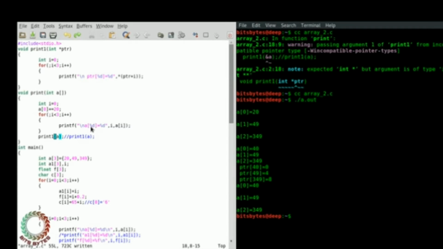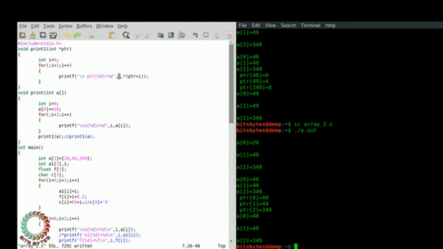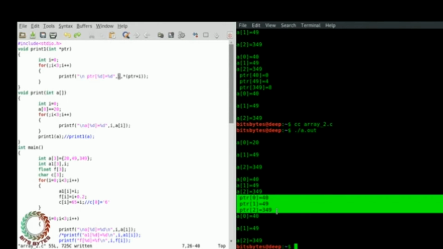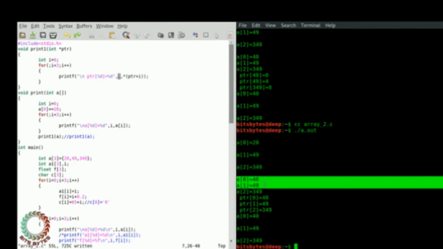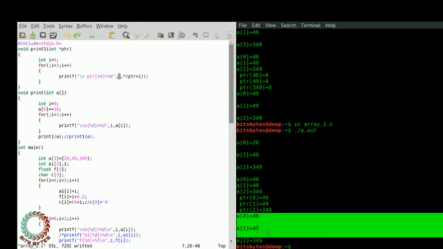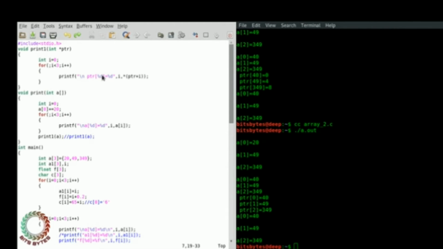Oh, what happened? Okay, this array or this array. If I change that value, then I'll show you.